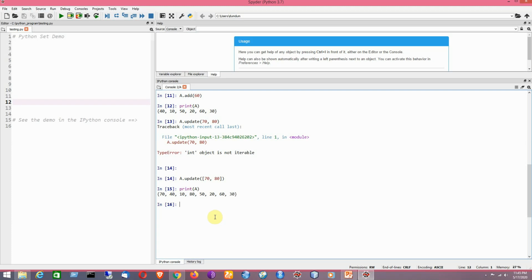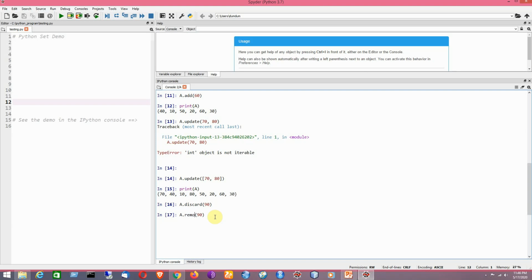Say for example, in the given list there is no element such as 90, but if we are going to apply the discard method here, it is not showing any error. Clear? Though the element 90 is not present in the set denoted by capital A. Okay, but we are using the same kind of concept with respect to the method remove.